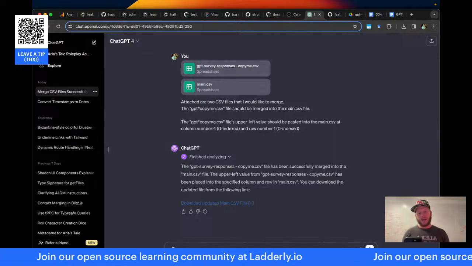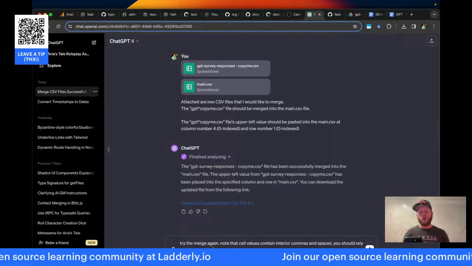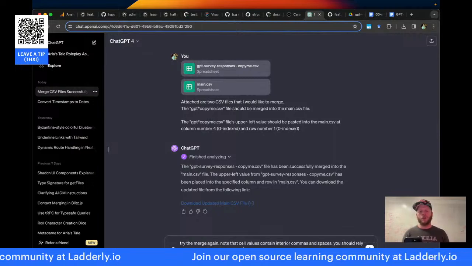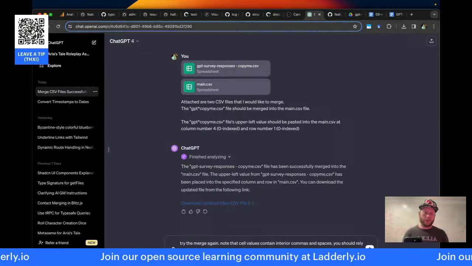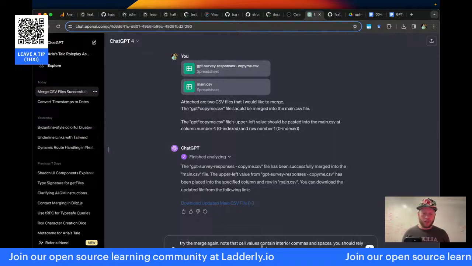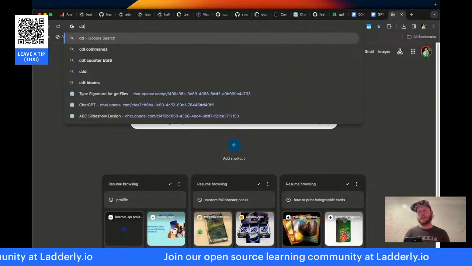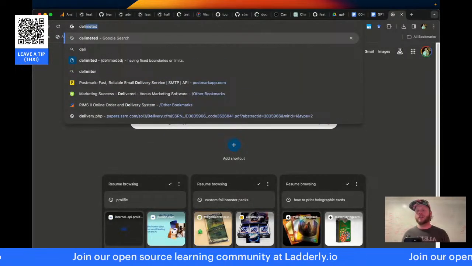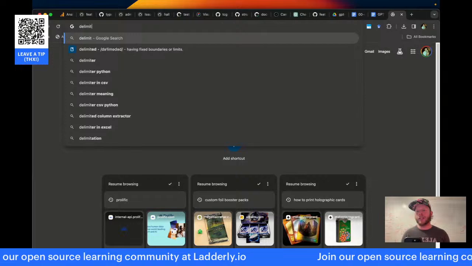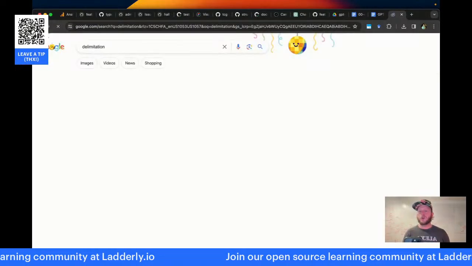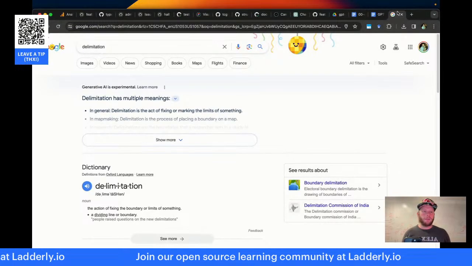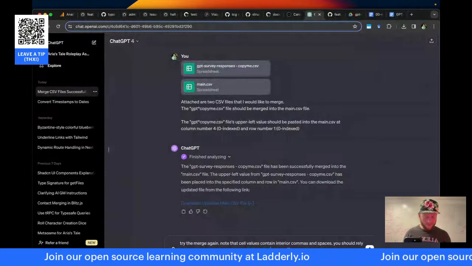You should rely on the double quote to assist with delimitation. How do you spell delimitation? Should I say delimiting? Delimitation. Is this a word? Great. It's a word, isn't it?